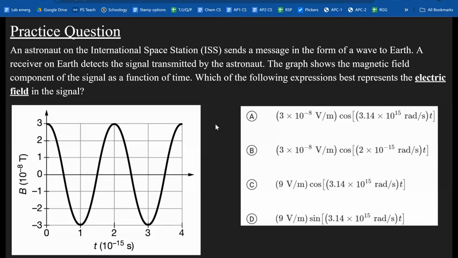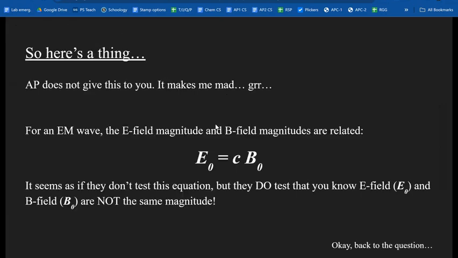So before, when I told you to pause, you don't actually have all the information that you need to solve this question quite yet. You will in this slide. AP doesn't give it to you, and it does frustrate me a lot that they don't give you this equation here. Basically, what AP does expect you to know, though, is that in an EM wave,